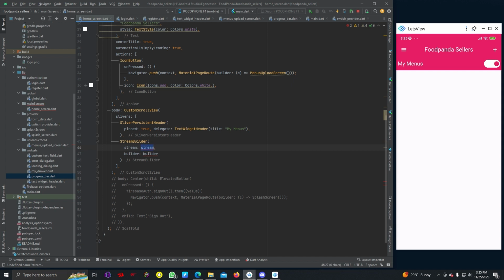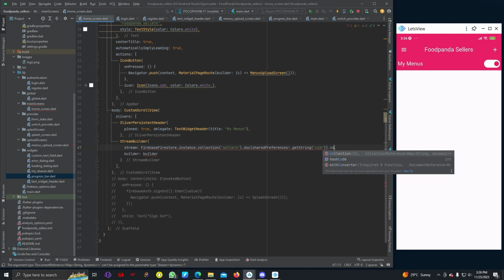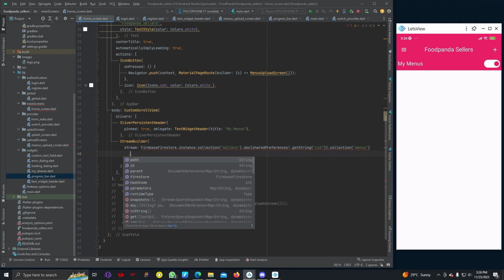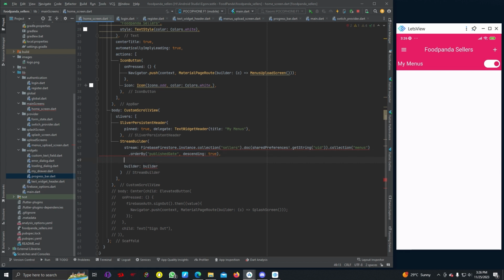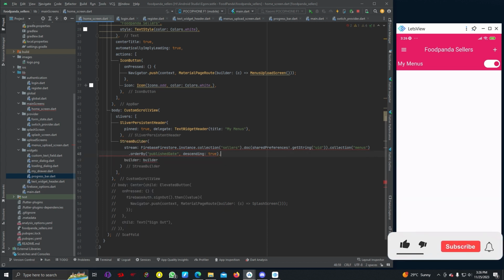So we are going to pass FirebaseFirestore.instance.collection("sellers").doc(sharedPreferences.getString("uid")).collection("menus").orderBy("publishedDate", descending: true).snapshots()